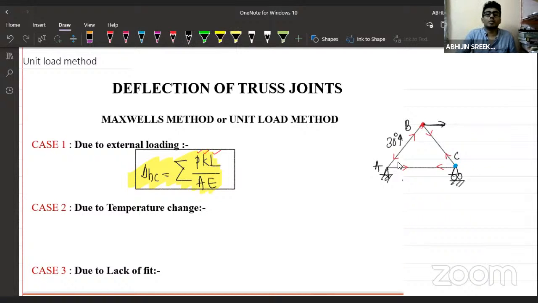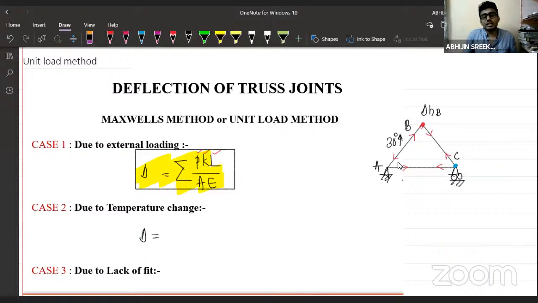Suppose I'm expecting that there is a horizontal displacement at the point B. How to calculate the horizontal displacement there? Again, I will be using the unit load method. The equation for finding the delta value, in case of displacement due to temperature change, is